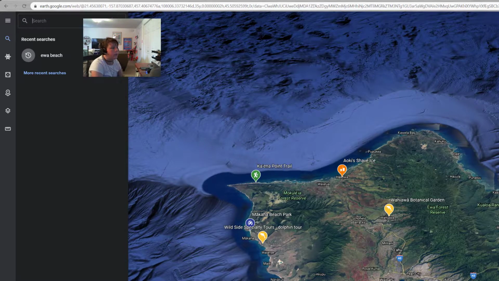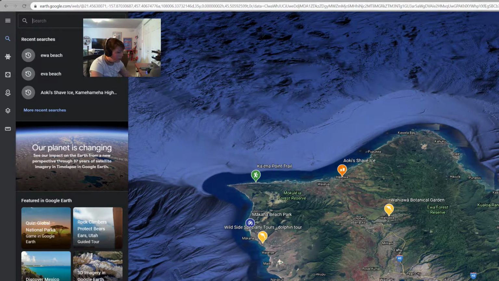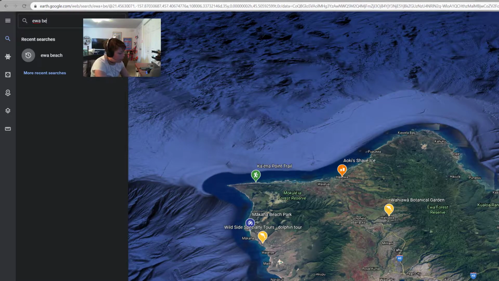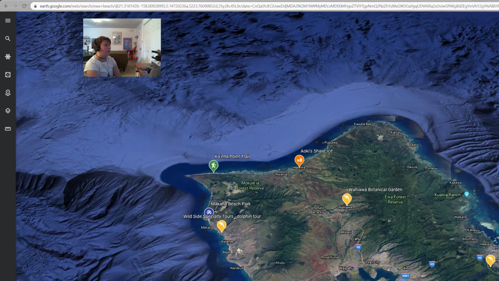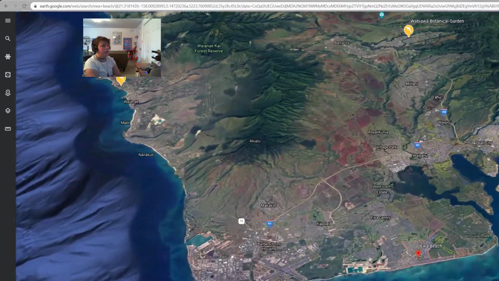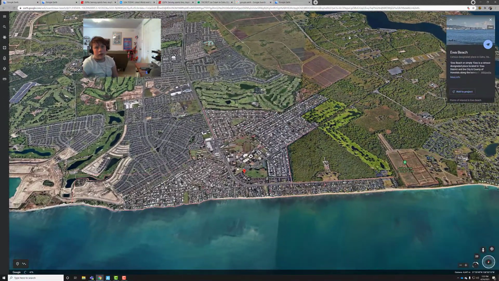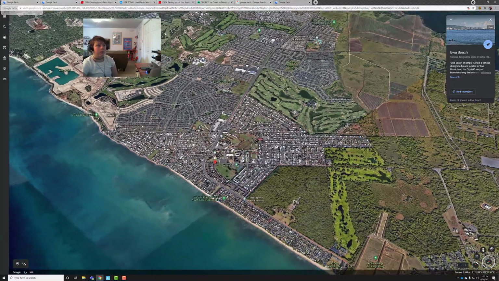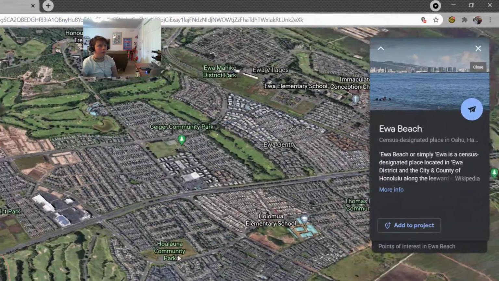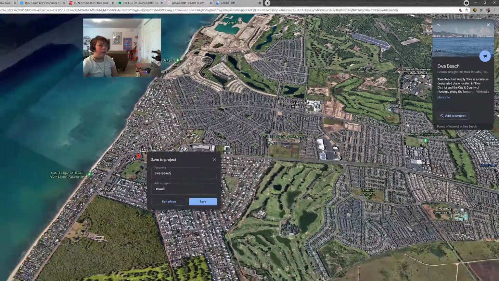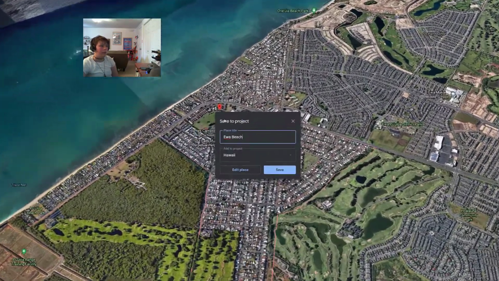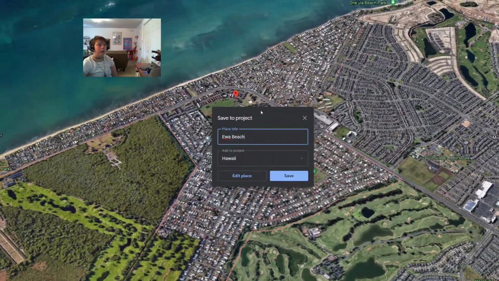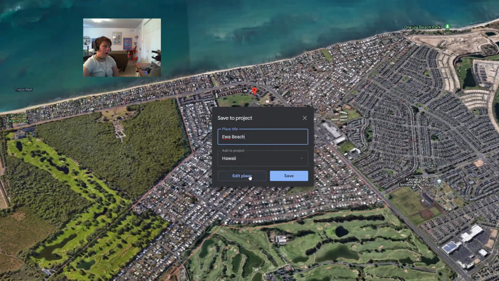Now I'm just going to look around. What's the first thing I see? Ewa Beach, and I'm just going to search that, press enter. It'll load and send me directly to Ewa Beach. And then you can see this little add project thing at the bottom here of the little overview, and I'll click that. Now you could just save it and it would be in there as a red marker with no